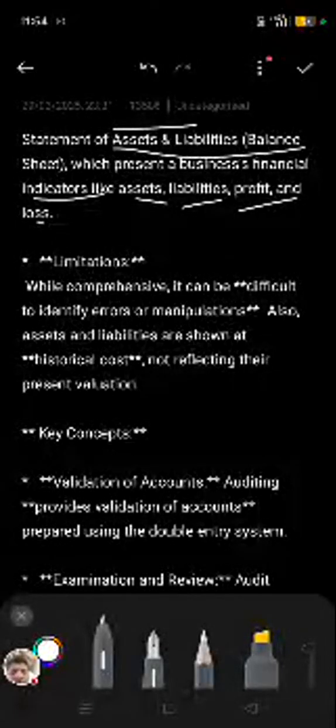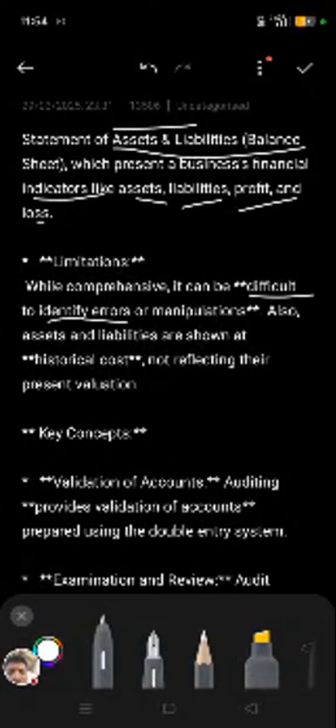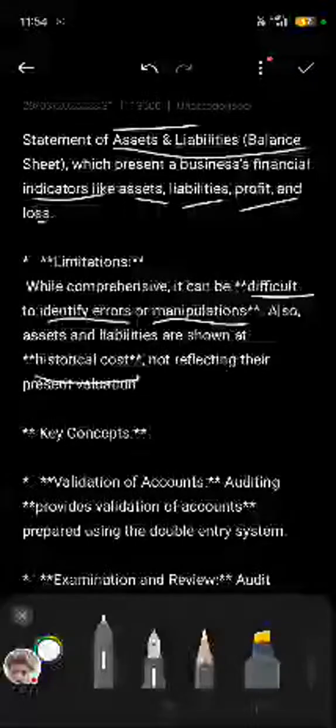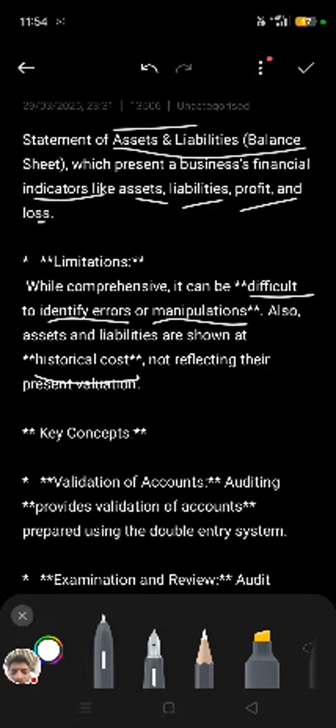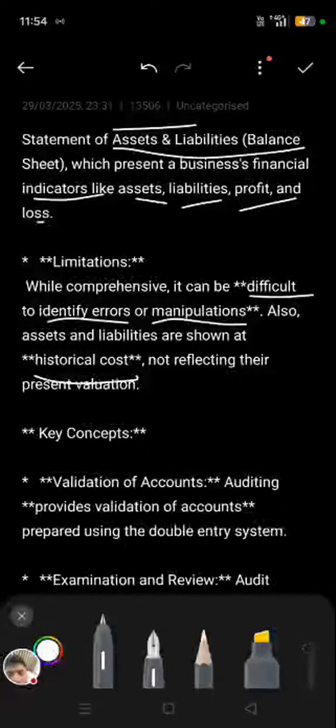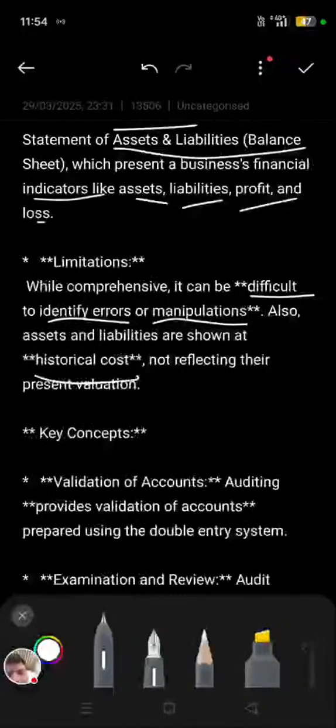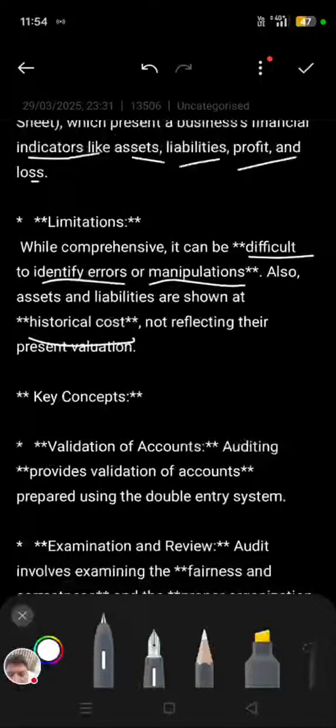While comprehensive, it can be difficult to identify errors or manipulation. Also, assets and liabilities are shown at historic cost, not reflecting their present valuation. Also, it is a pro of this system that while making entries there is less chance of error. But if an error is there, then it is difficult to identify the error or manipulation. Then the key concept